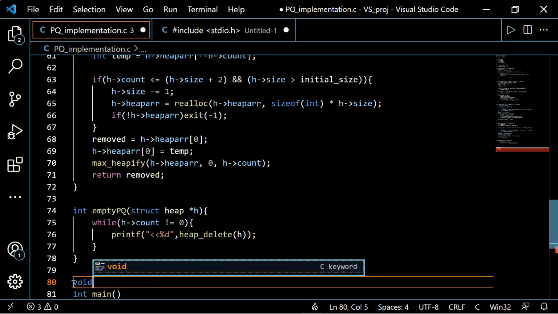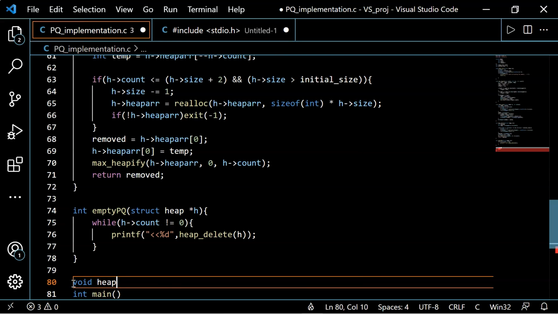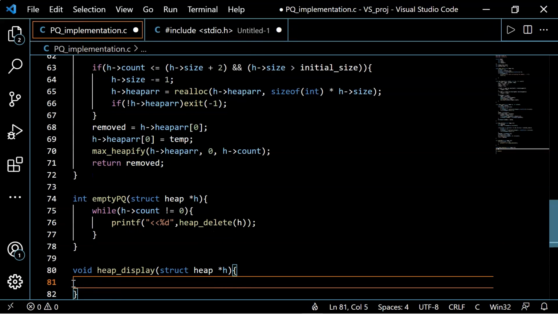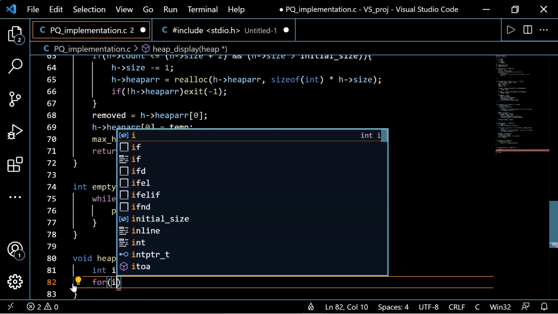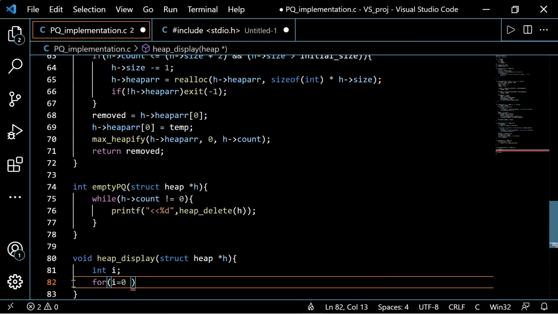Let's call this function void heap underscore display, and inside this we'll pass structure heap star h, and now we will create one iterator element, and using that iterator element we'll create a for loop: i is equal to 0, i less than h arrow operator count, plus plus i.